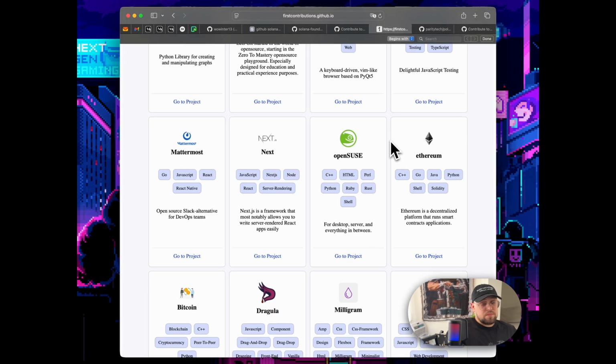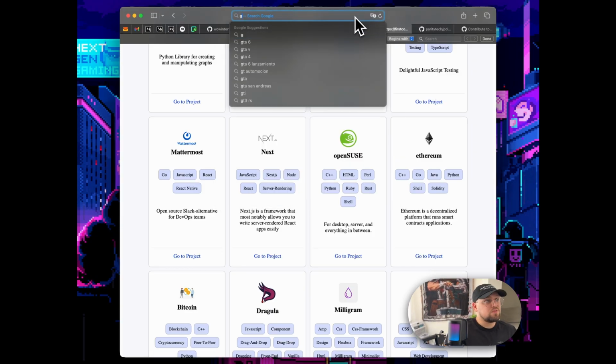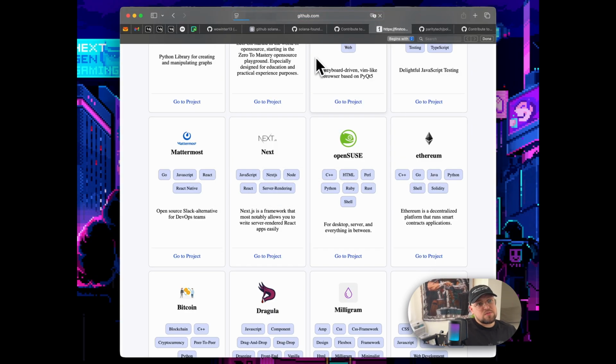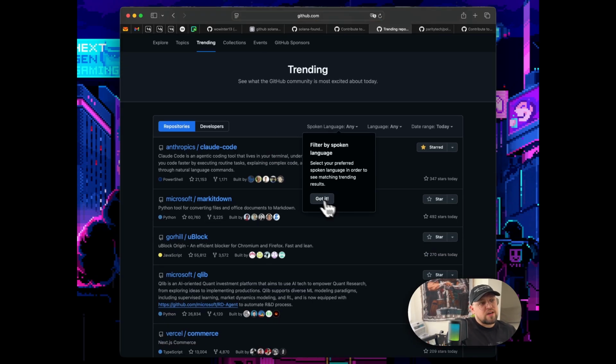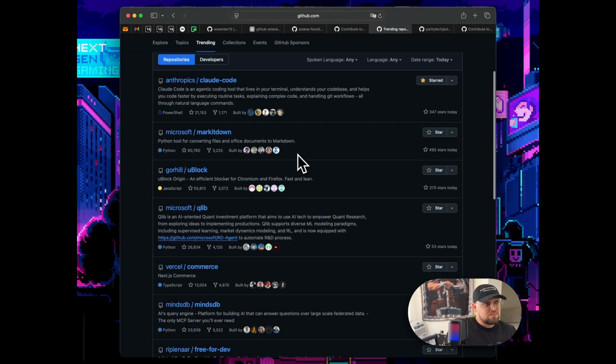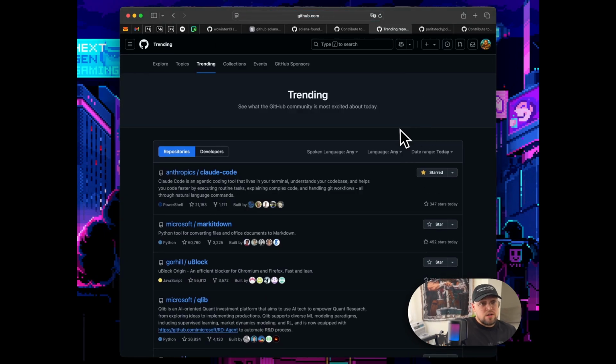So the last link I want to share is GitHub Trending. To be honest, GitHub Trending is not about projects or repositories that are looking for help or have easy issues. It's more about the currently actively maintained projects. Their code base will usually be on the cutting edge of technology, so just go for it. Yeah, GitHub Trending.